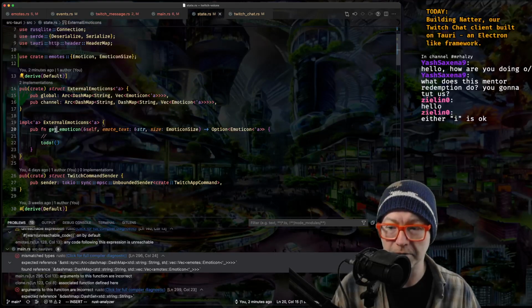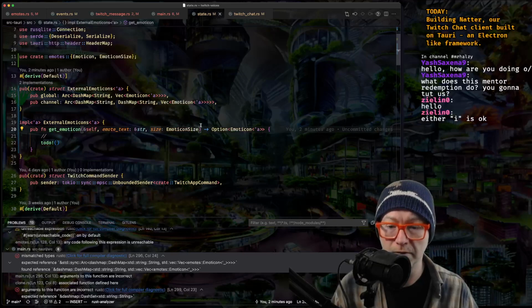And then when we say we want to get an emoticon, give it the text, an optional channel, the size.